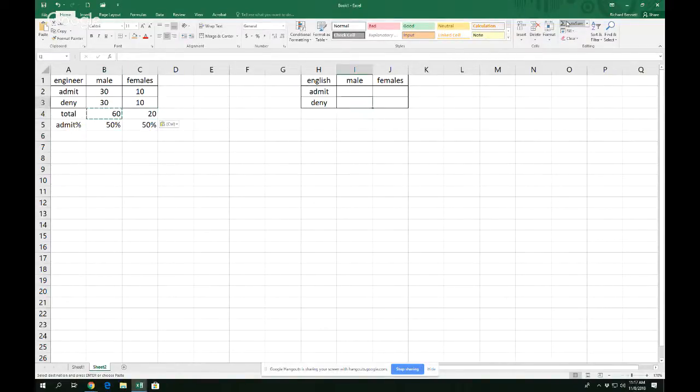All right. So now they went over to the English department. They said, okay, let's find out. It must be the English department. Clearly, the engineering department is not discriminating. So they said 5 were admitted, 15 were denied, which means 20 people total were there, right? Okay, what's your admit rate? 25%. 5 divided by 20 is 25%. For the females, 10 were admitted, 30 were denied, total of 40 people, and the admit rate was